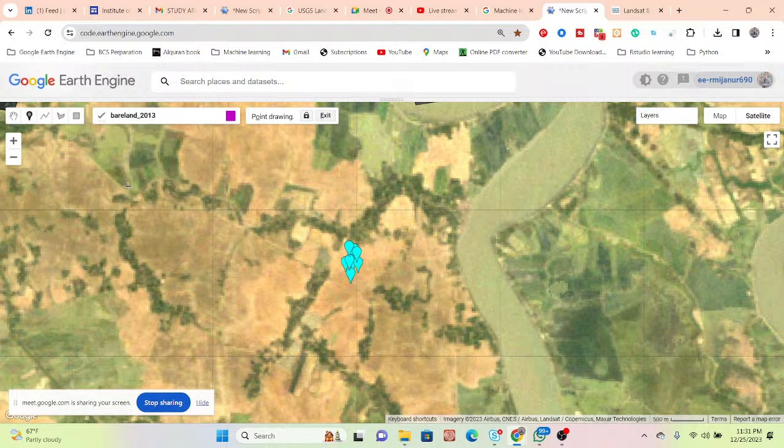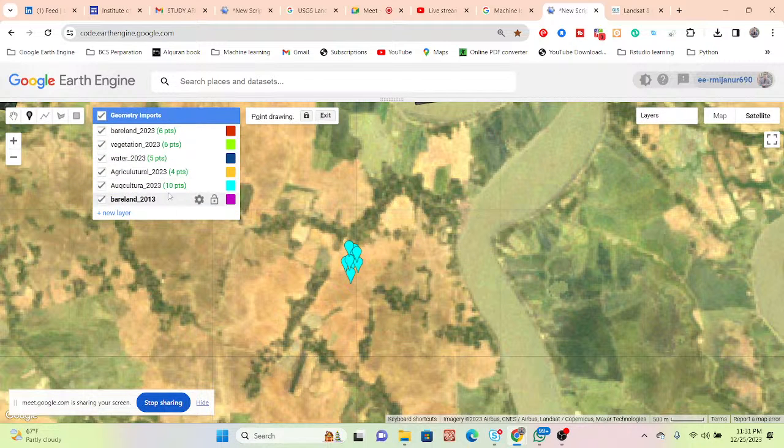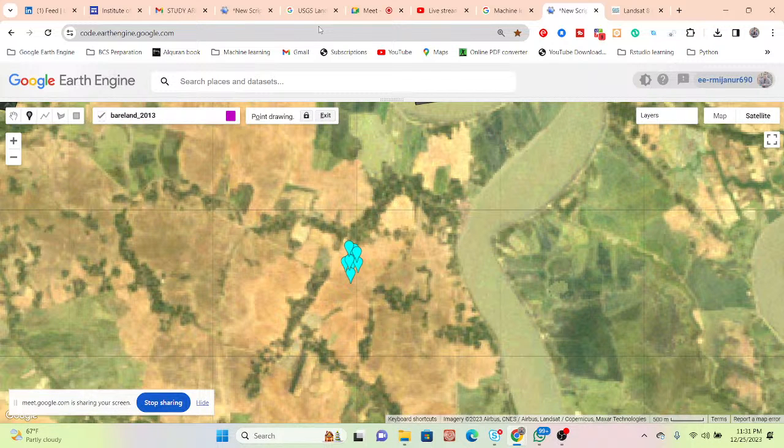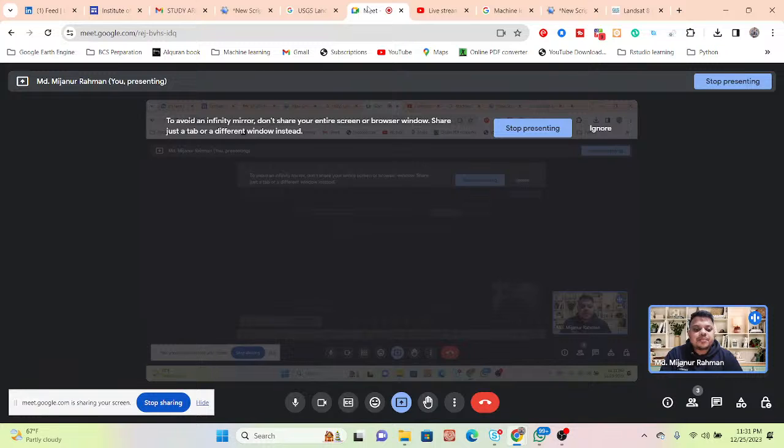Put the same approach for all of you. So basically we just need the time to take the training sample. And when we get this training sample, all of these maps we can create within 1 minute. First, we just need the time for taking the training sample. So when we get the training sample, we can easily do it.